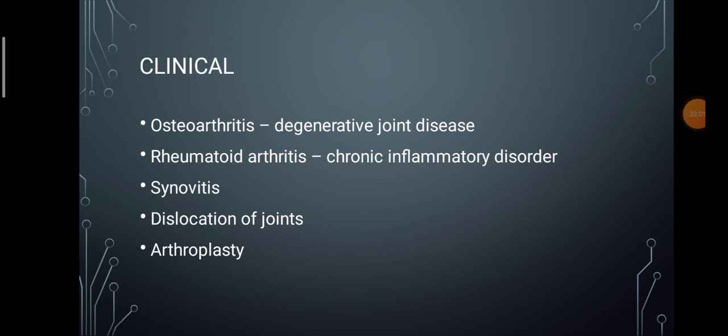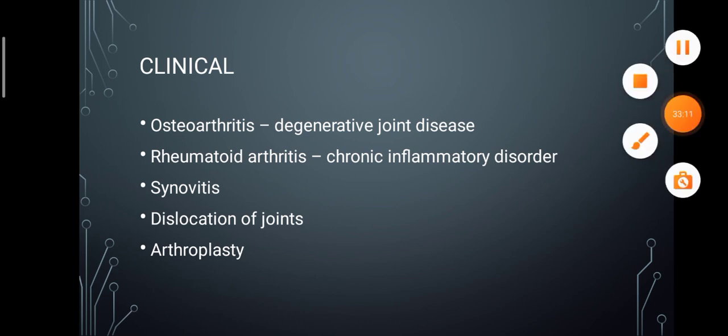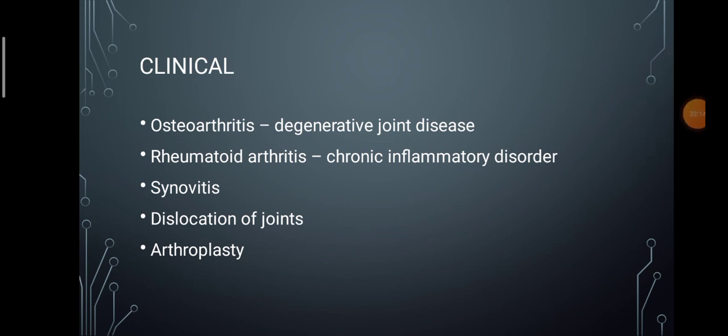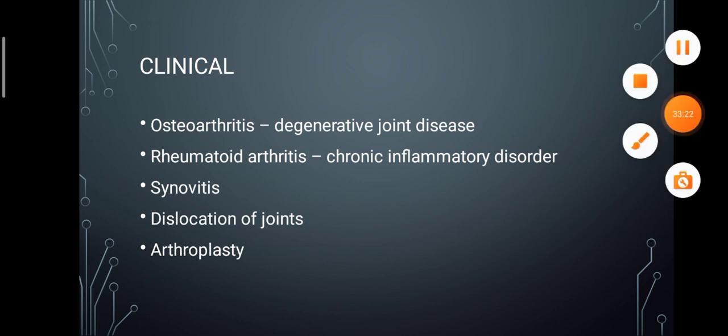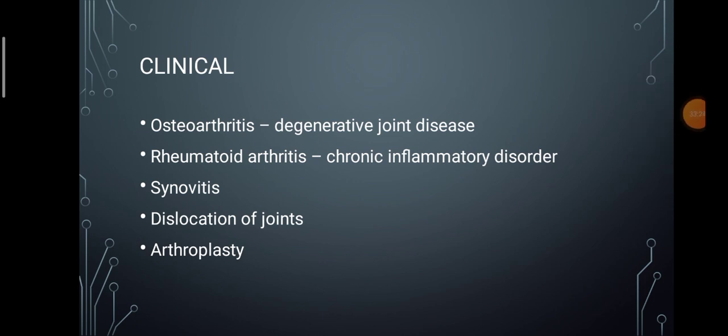First, you already know that inflammation of joints is termed arthritis, right? So in that you have got osteoarthritis, rheumatoid arthritis, like that. Osteoarthritis is actually a degenerative joint disease. What is this rheumatoid arthritis? It is a chronic inflammatory disorder which affects many joints. In this, our body's immune system attacks its own tissue. This includes joints also.